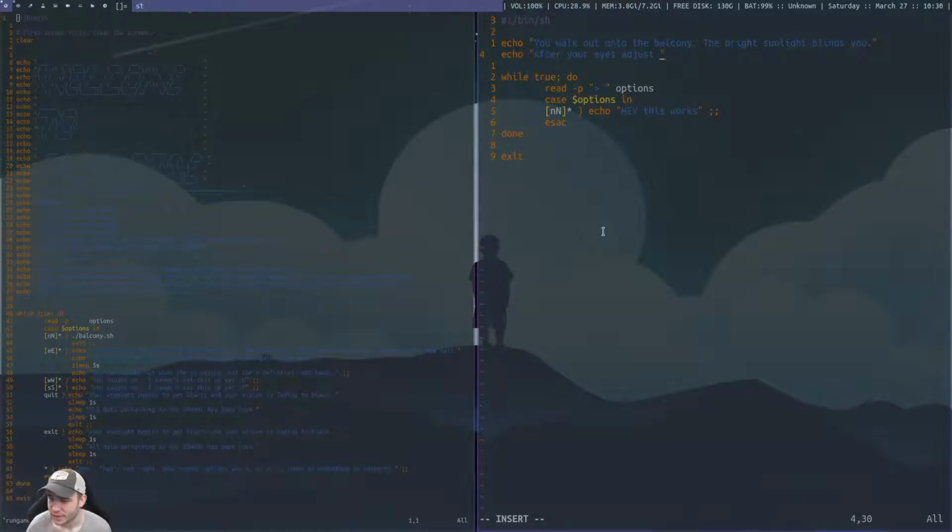Looks like batch. I don't even know. Is batch a language? But no, it's Bash, like B-A-S-H. It's essentially the Linux script, the Bourne Again shell scripting language. It's a POSIX compliant scripting language.